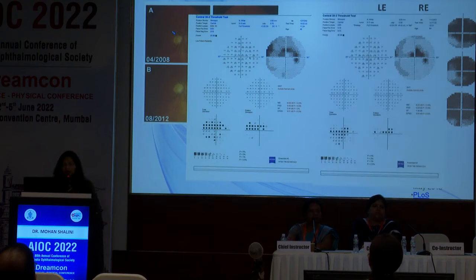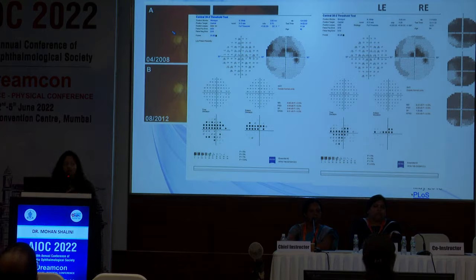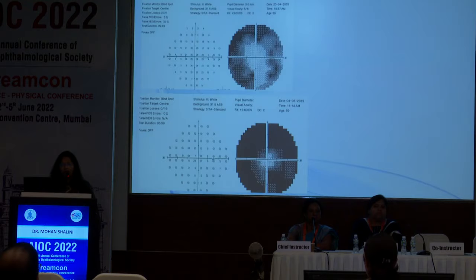Now here we can see this particular patient, that there was an increased scotoma in the patient who was regularly following up with us. And then again, we explained to the patient, and look how it has improved. This is a central defect corresponding to his cataract. So sometimes we need to give a few more extra minutes to our patient, explaining about the problem.